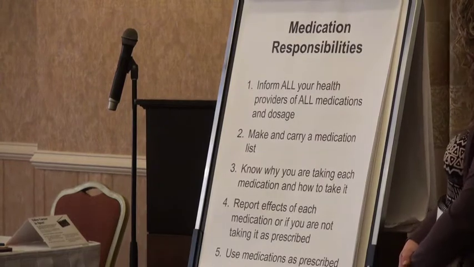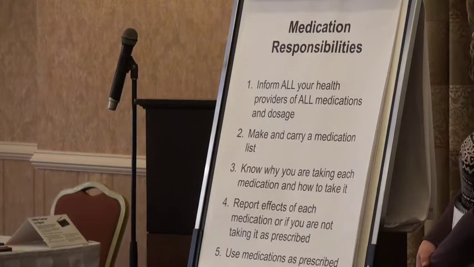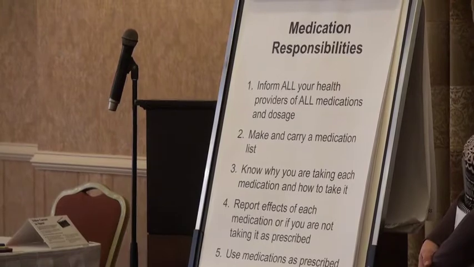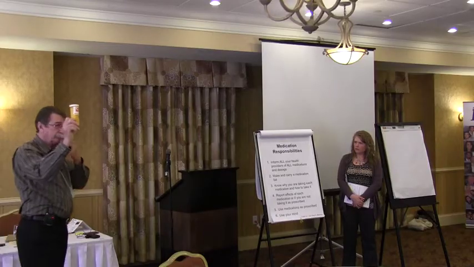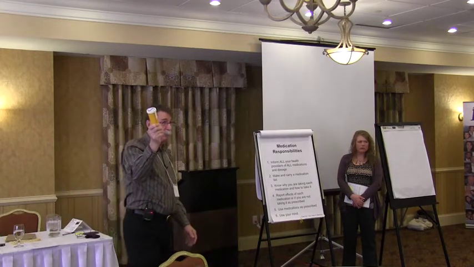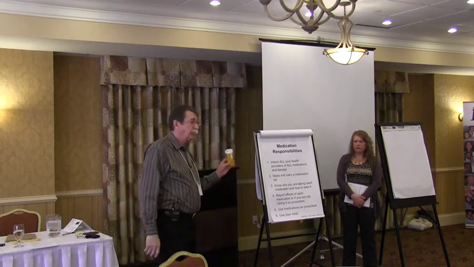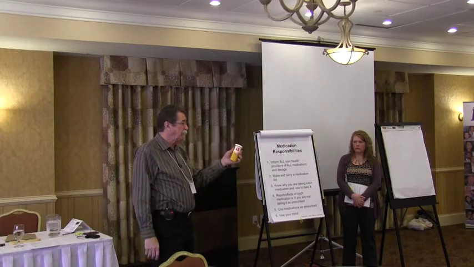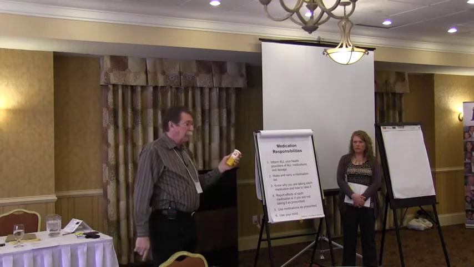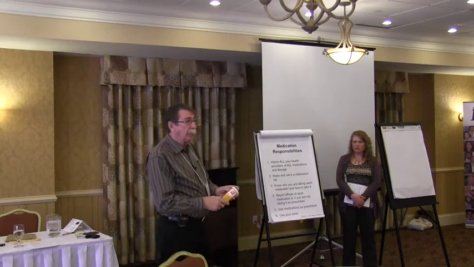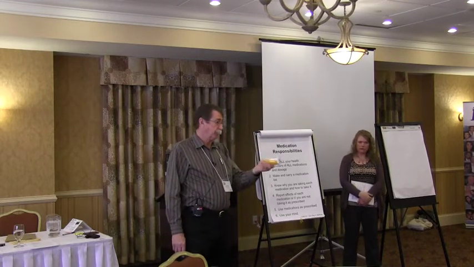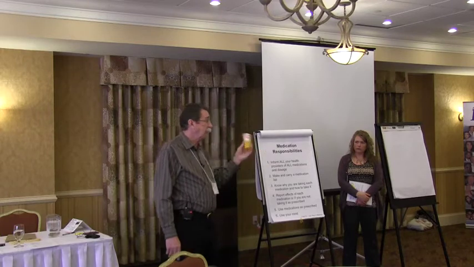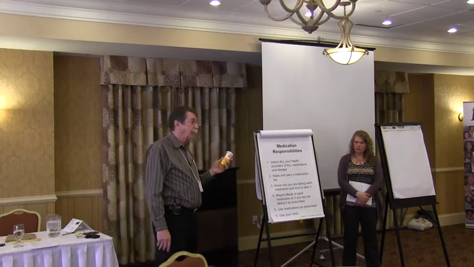A good way to keep your record, if I can find it in here, File of Life. Most of you know what that is. You can get them at any pharmacy. They come in two different sizes. This is the large size. They also come in about half that size. And inside is a card that you can fill out all your medications that you're taking. You can get half a dozen of these if you want to. You can keep one in your car, one in your house, carry one in your purse.